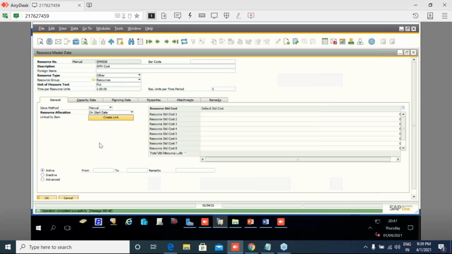Basically, the bold parts are the mandatory parts to define any resource master data in SAP Business One.